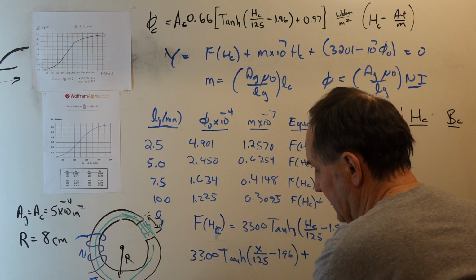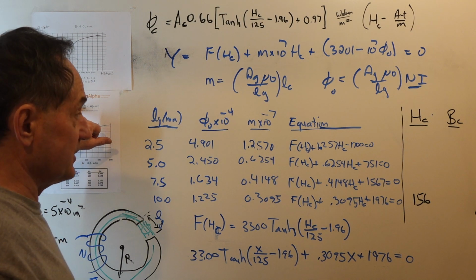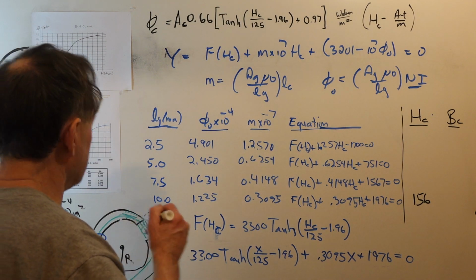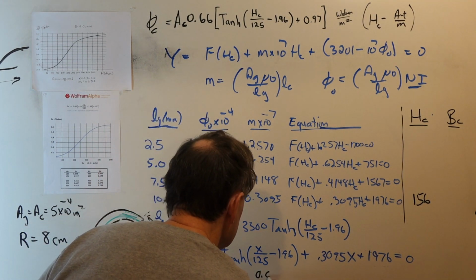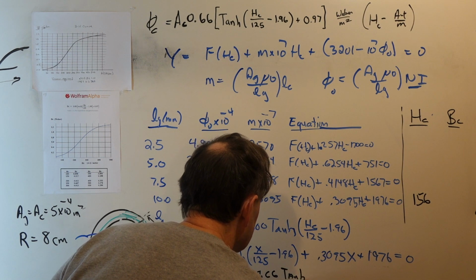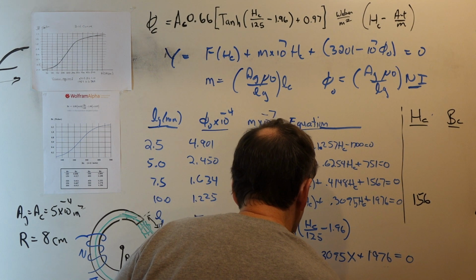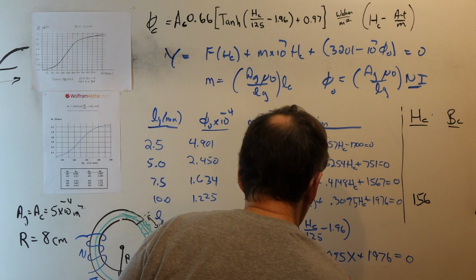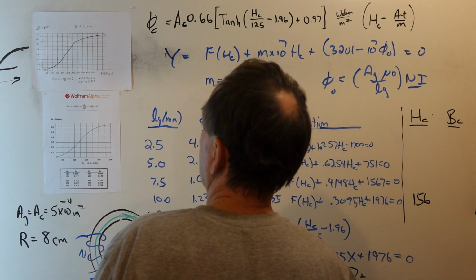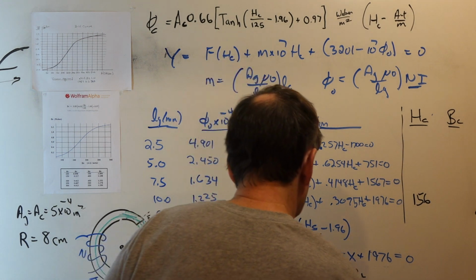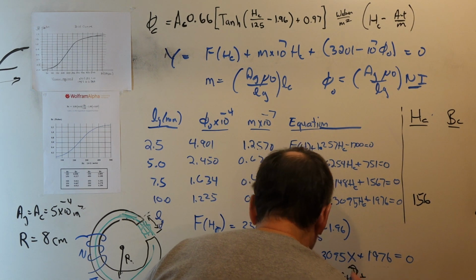Then you plug the value of HC into the equation I derived, which, to get BC, is 0.66 times the hyperbolic tangent of HC over 125 minus 1.96 plus